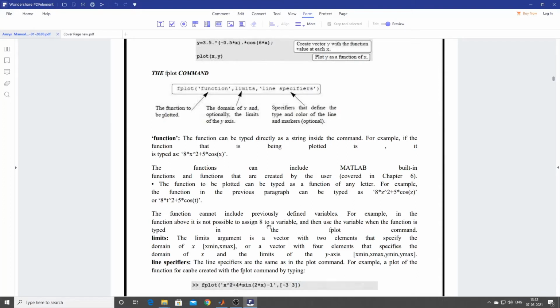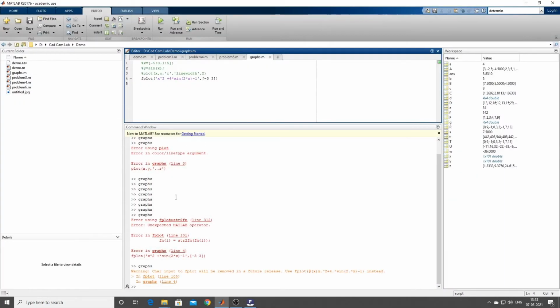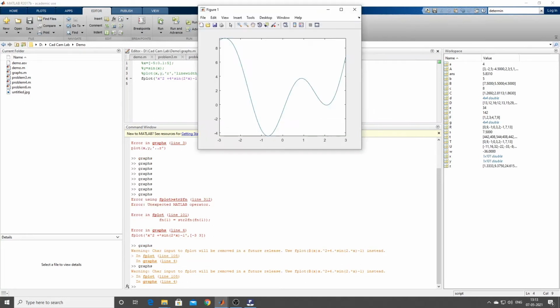Okay, so it is showing me some error here. One second. Okay, I think there was a mistake here. I had just left out this 4, so it was just a star. That's why it was not showing this. So you can just type it like this. Okay. So if I just run it, you can see I'll get a graph.